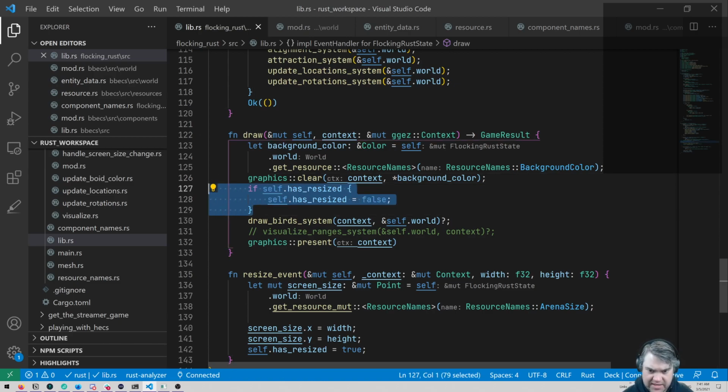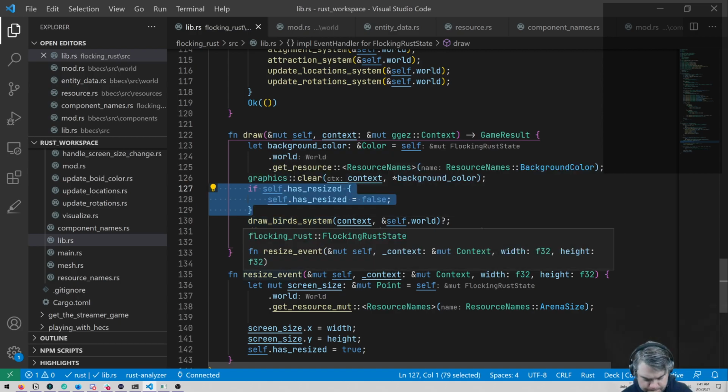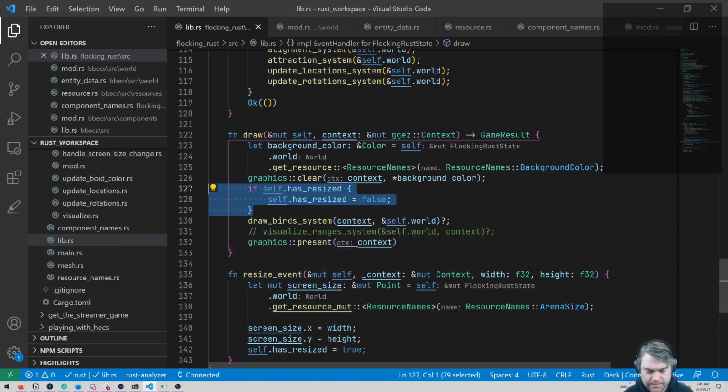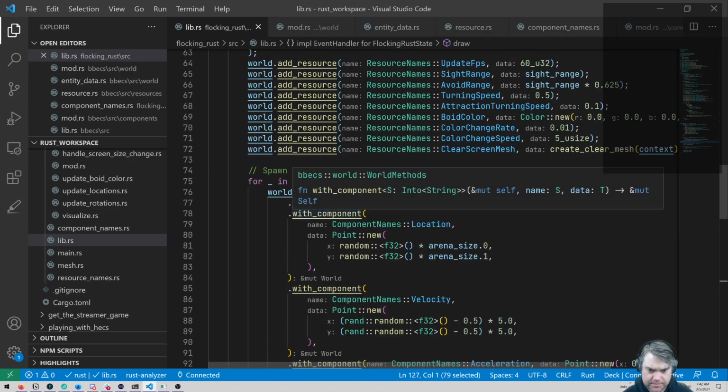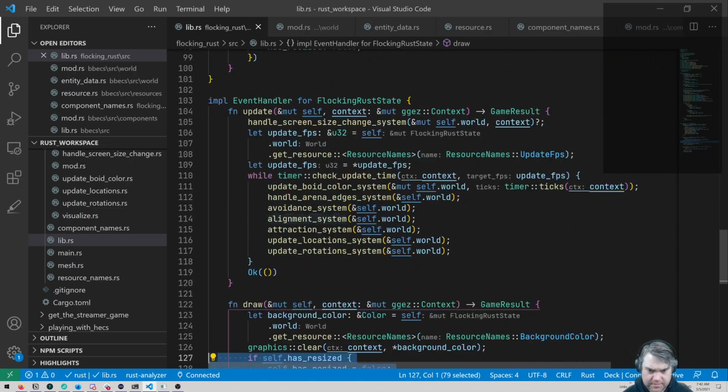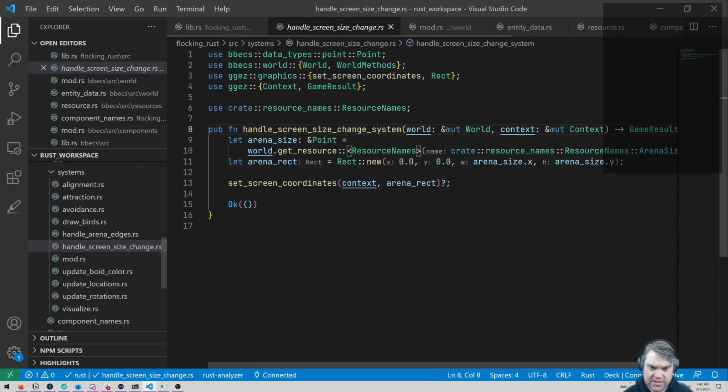I don't even know if we need this anymore. I think we do because we're setting the screen size system, like set screen coordinates.